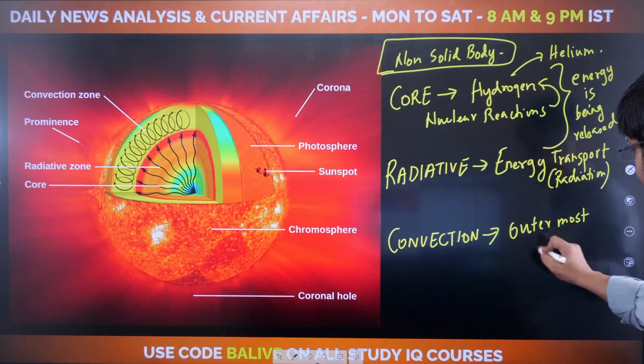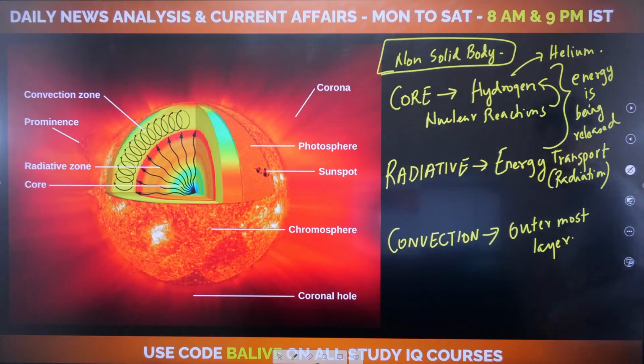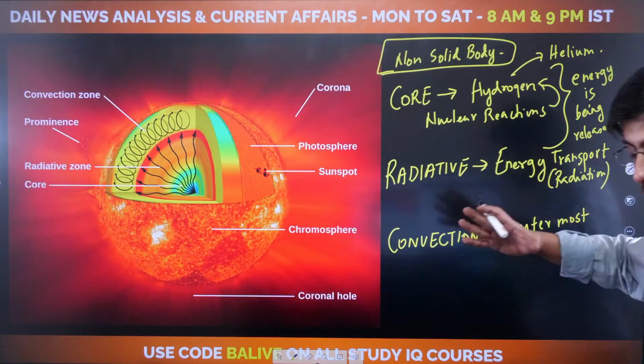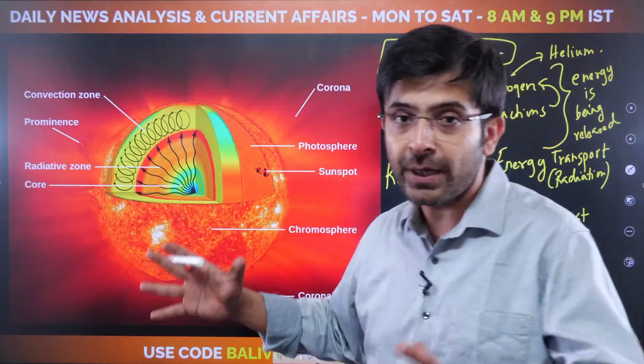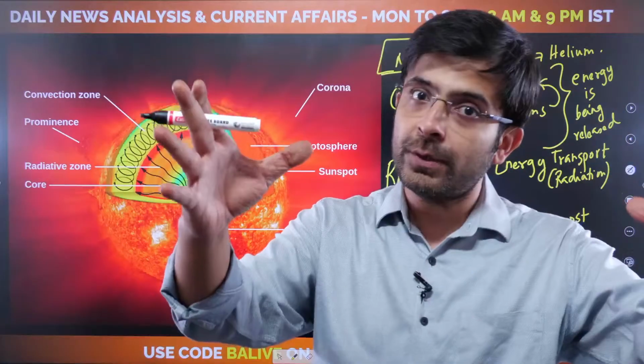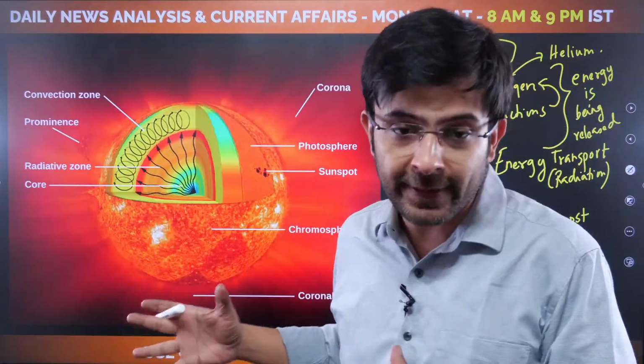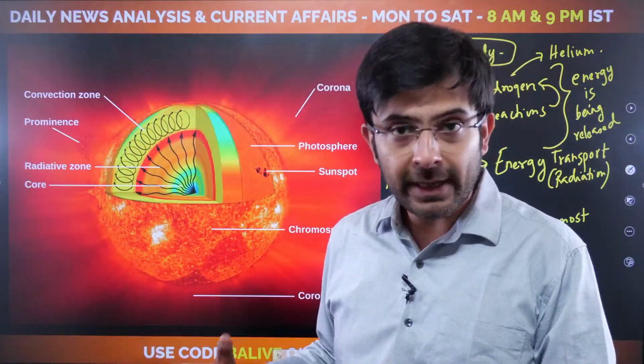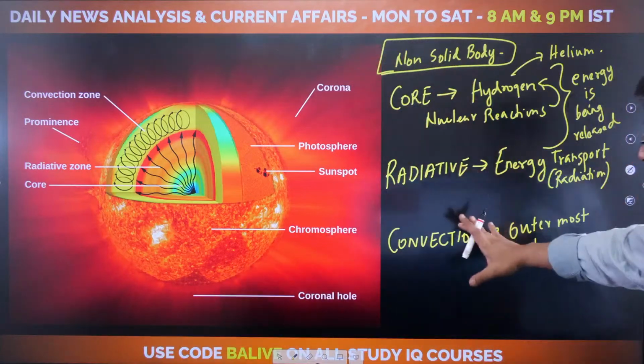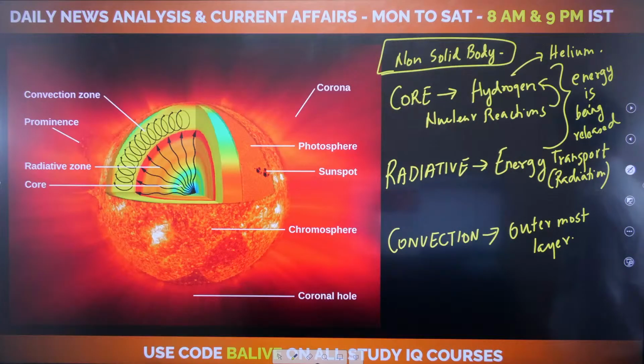Okay. This is the outermost layer, obviously. All right, and what is happening here? This is the outermost layer where a lot of convection is happening. Eventually, heat is getting transported to the surface. That heat eventually is so much that you are able to feel it here. Correct? So these are the three primary zones that you are seeking to understand.